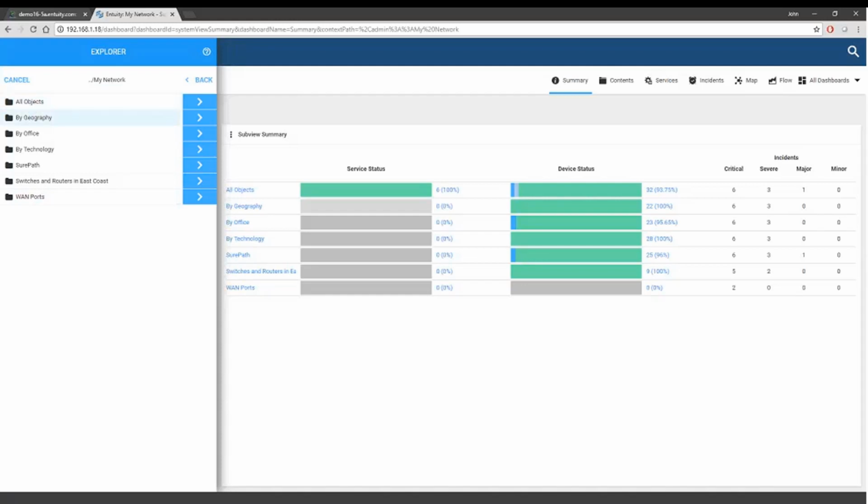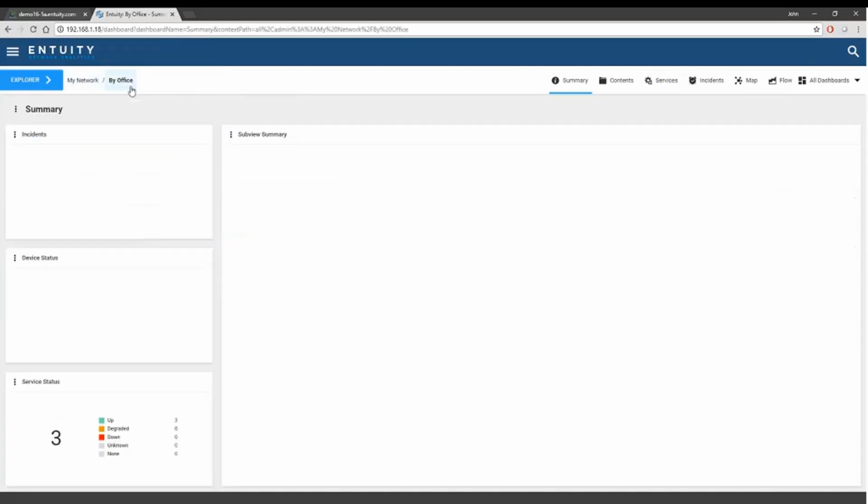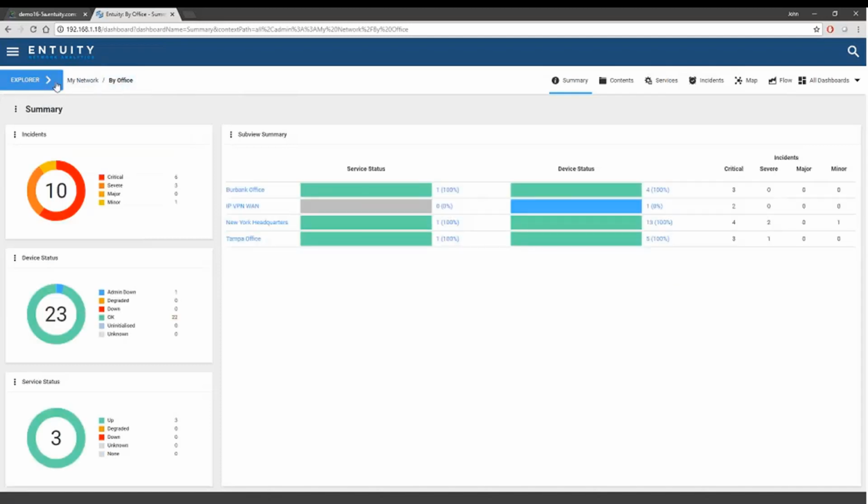Anyway, within the Explorer, these are the subviews. If I were to just click one by name, you'll see that we've navigated to it. We've built up what's on the right of the Explorer button. We call that the breadcrumb line. Each individual section of the breadcrumb line is an independent entity, and you'll see the relevance of that in a moment. The dashboard is now focused on the By Office subview of My Network. Now, we're currently using a dashboard called Summary, which is the shipping default for the